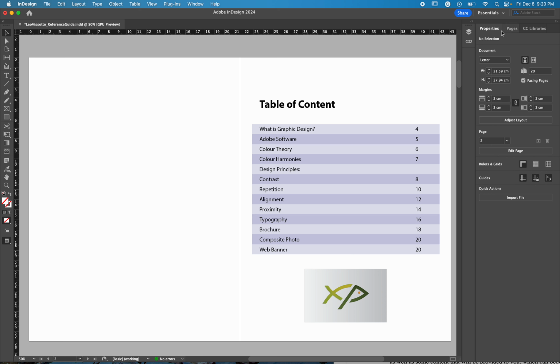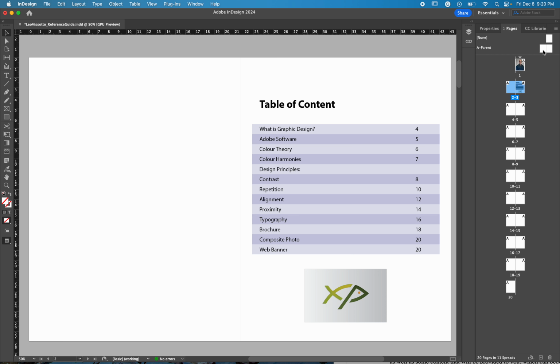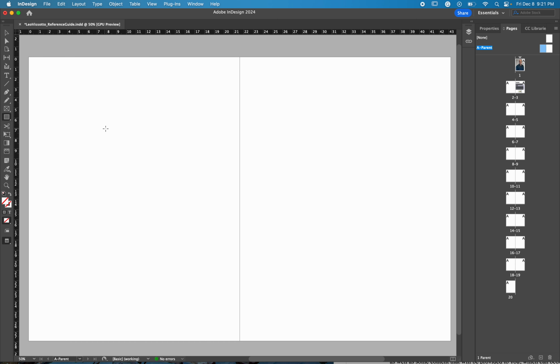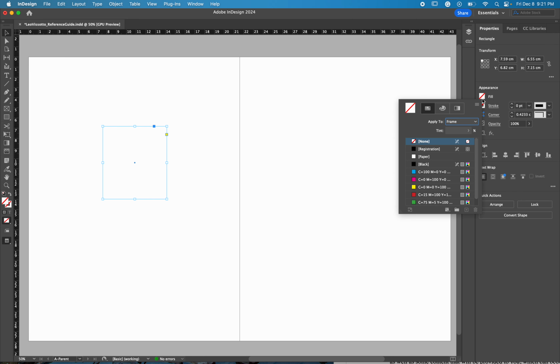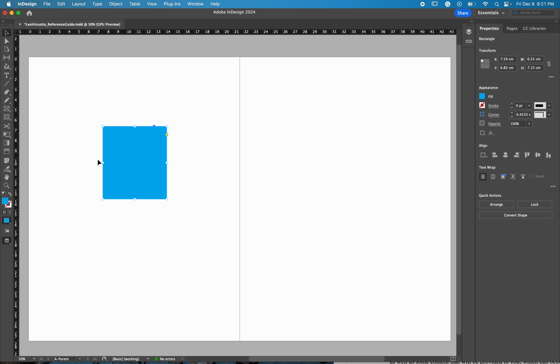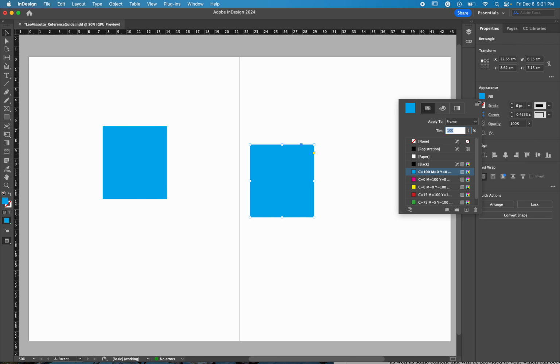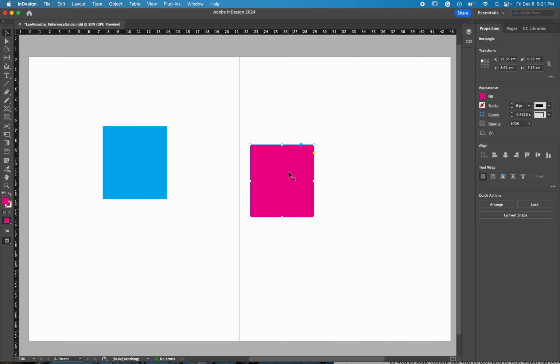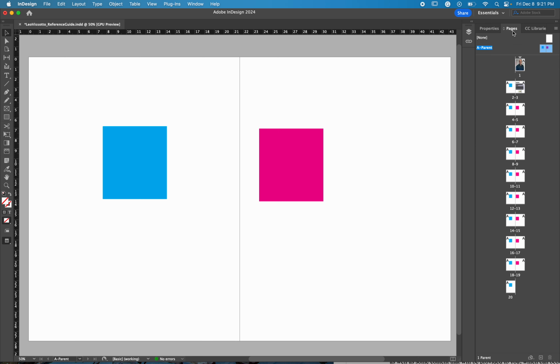I can add like some more shapes and things to my page. I can go here to the A parent. As you see, every page here has one A parent applied. So anything I draw here, if I add like any shape here or anything I add to this page, and let's say I add another one here. See, if I go to my page, now in every page I have this. See? So what I want to do,